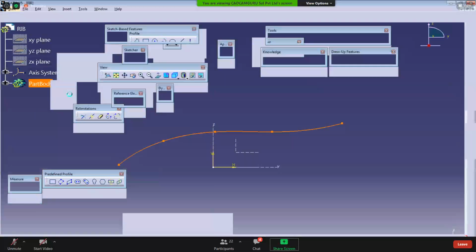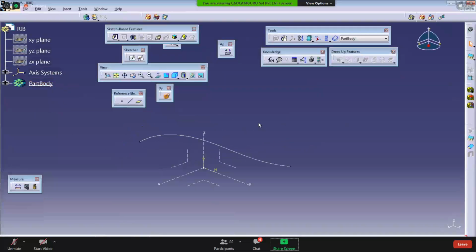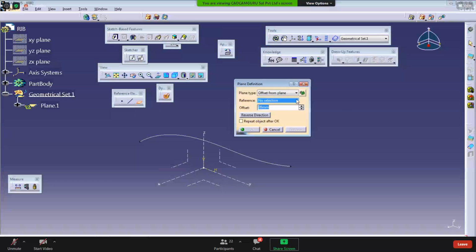Then exit this sketch and I need a plane which is perpendicular to this curve. Then can you tell which type of plane needs to be used? Normal to curve. Normal to curve, correct. Omkar, correct. What to do? Select this plane. The type I'm selecting is normal to curve.